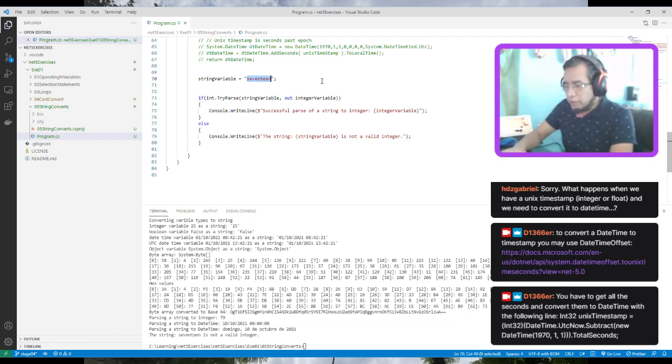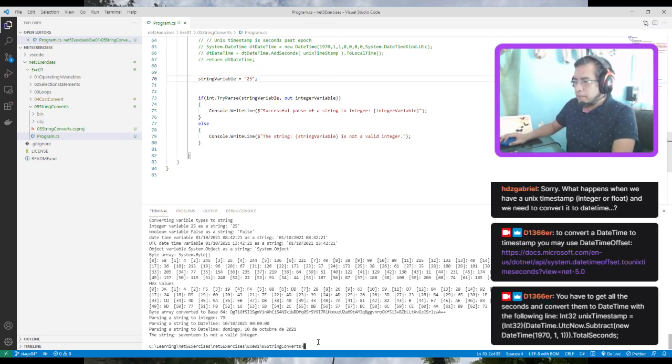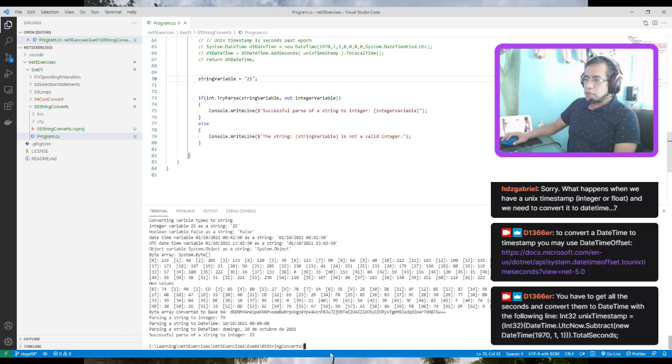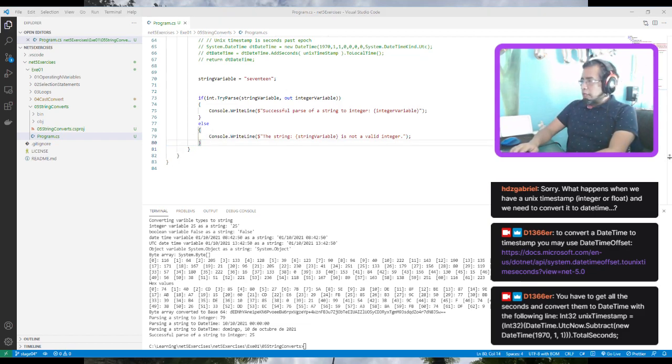It changes if I place here 25, dotnet run. Then we are going to have a successful parse of a string to an integer. Successful parse of string to integer, 25. Okay, but this is because we have a valid number, not the name of the number or a strange string. Well, for today,